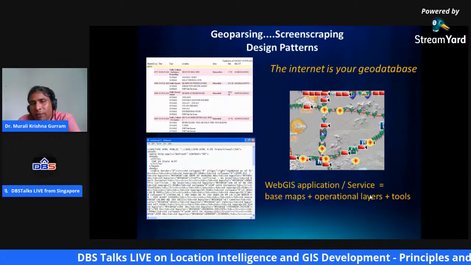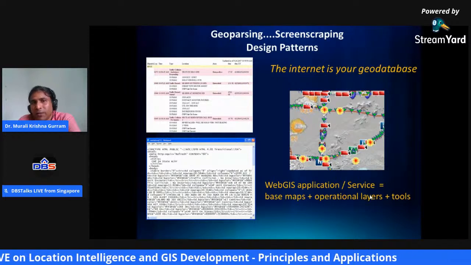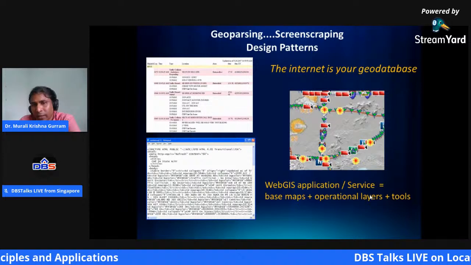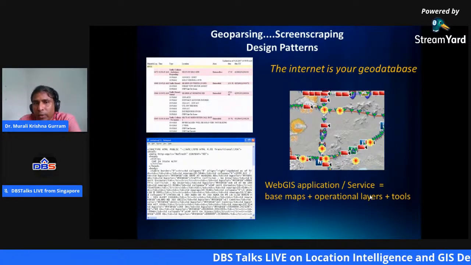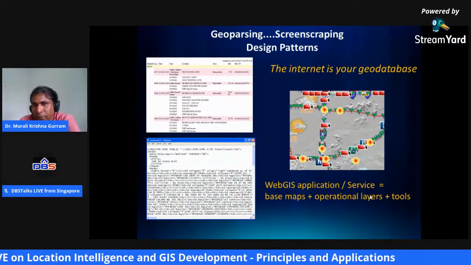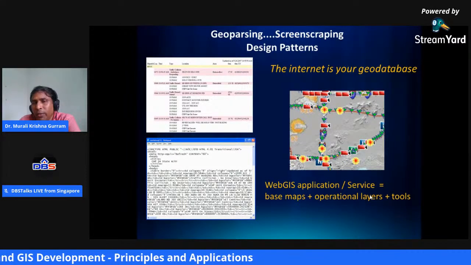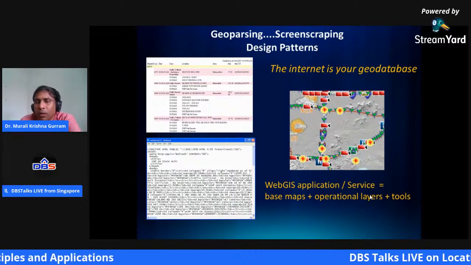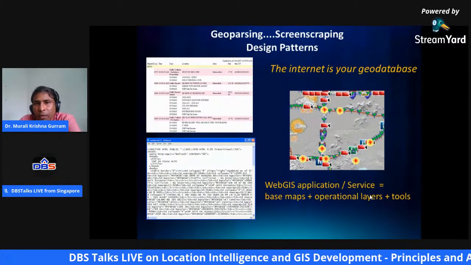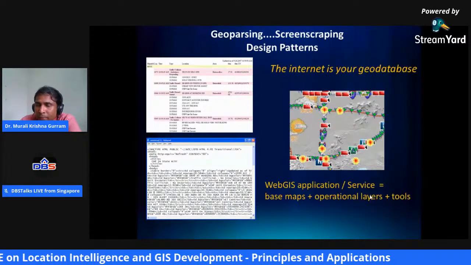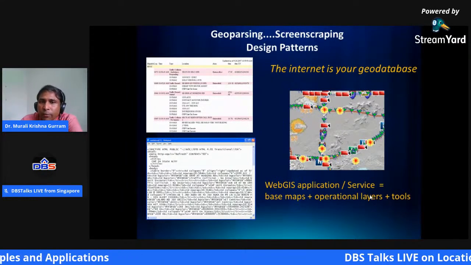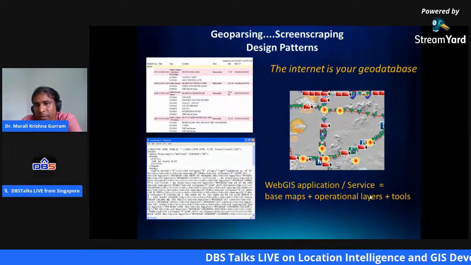Everything is being converted into digits and scripts, and ultimately helping you come out with a kind of visual information in the form of a map. You can view the information in the form of a video, a graph, an animation, or a kind of service, whatever. So ultimately, these mashups help you come out with some information for better decision making.